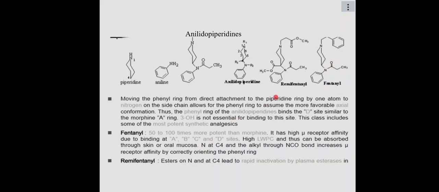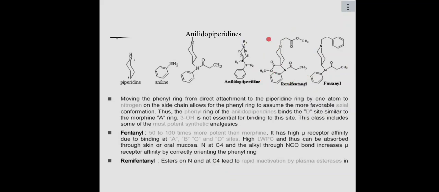Then, of course, there are other compounds. If you look at remifentanil, the only difference with remifentanil is that at this position, where in fentanyl we have a hydrogen, it has an ester. It has an ester group there. That ester can be readily hydrolyzed. Again, at the nitrogen, it also has an ester, and that can give this compound a slightly shorter duration of activity. So the esters on the nitrogen and on carbon 4 can lead to rapid inactivation